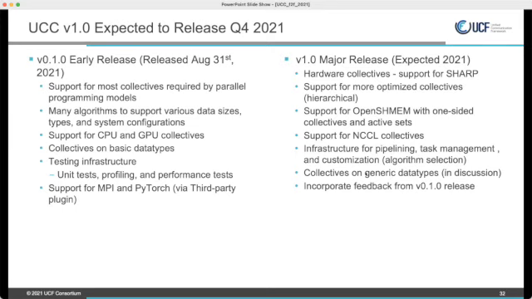And of course, we are currently discussing how to support some generic data types beyond basic data types. So with that,